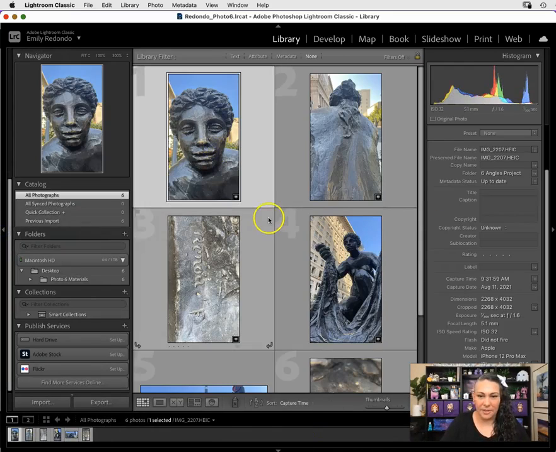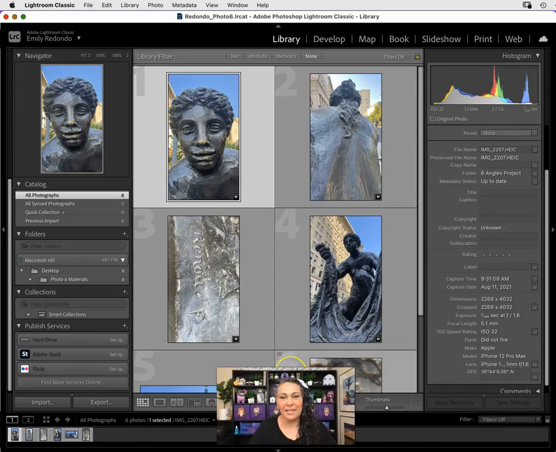All right, so let's click on a photo, and now let's get into the metadata part of this video. First off, what is metadata? Metadata is information that's stored within every single digital image. Digital images are files, and so not only is the information for what it looks like in there, but there's also information such as the date it was taken, the camera it was taken with, the camera settings,